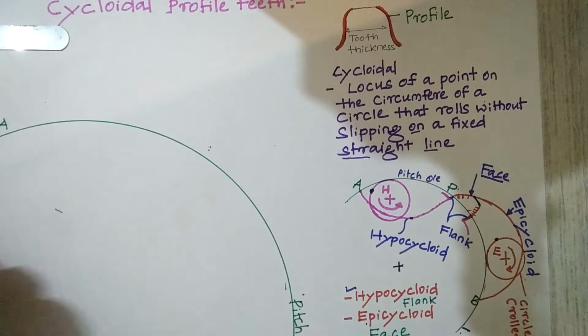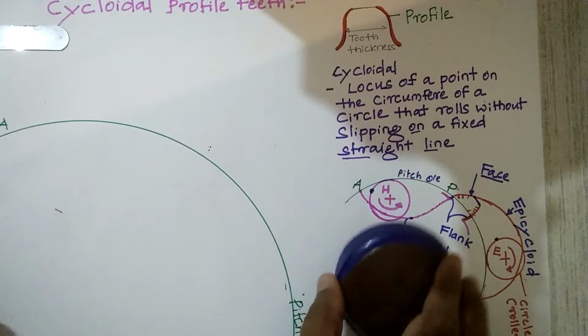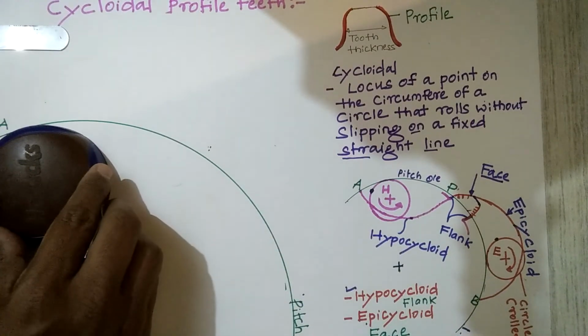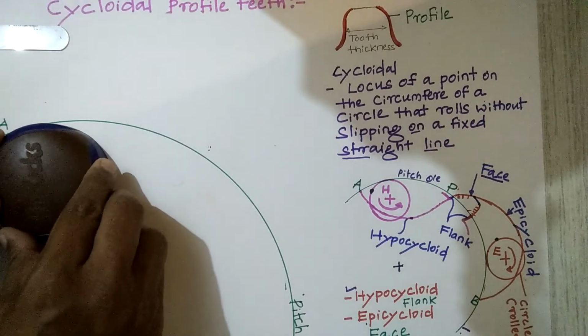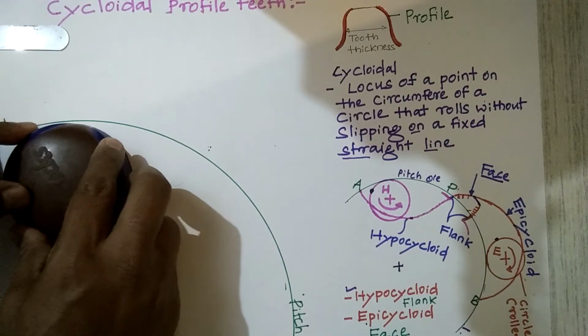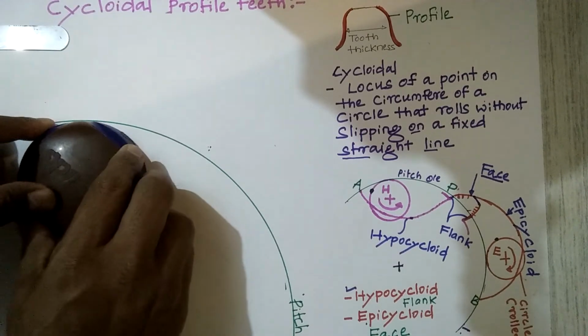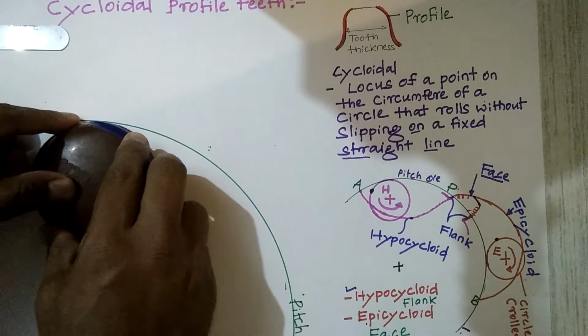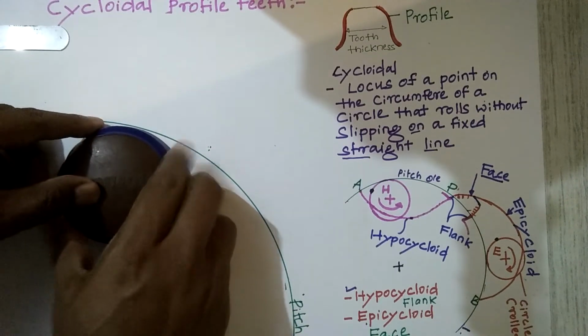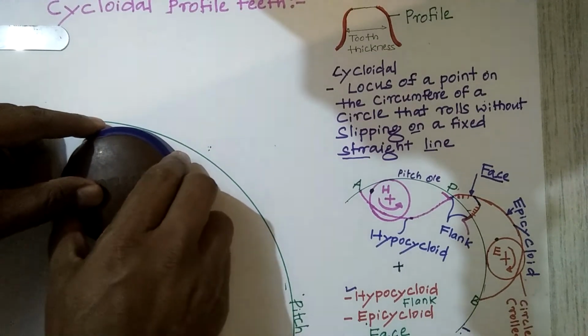If you consider this, I will take it as one of the rollers. Look at this one. This is a roller. It rotates. Look at this. It has to rotate on the pitch circle only. You have got what I am saying. It has to rotate, same thing inside. Whatever the point, I will show that also.